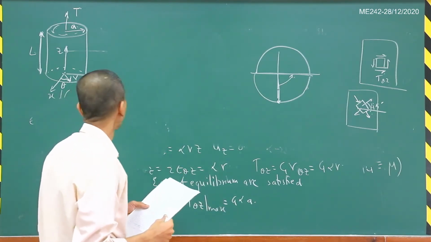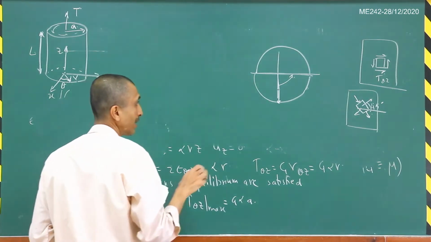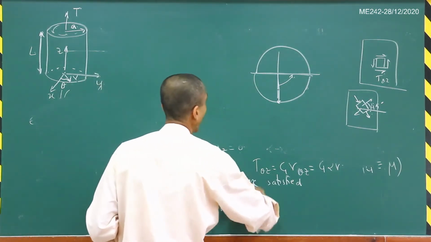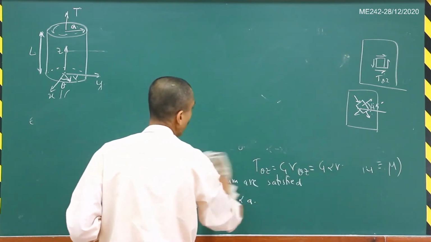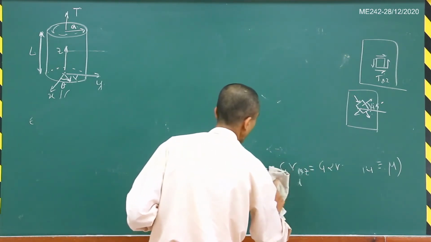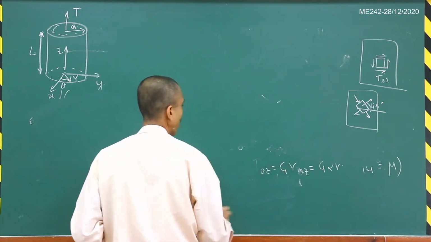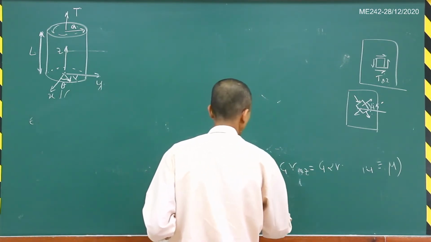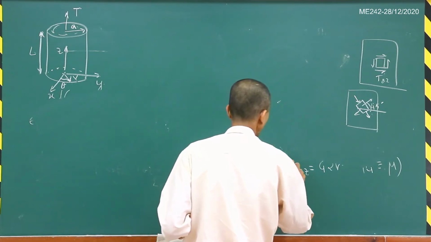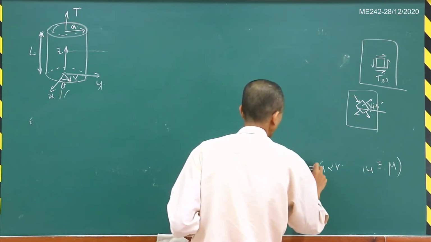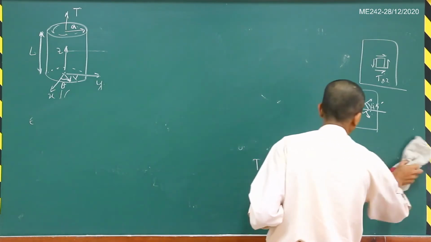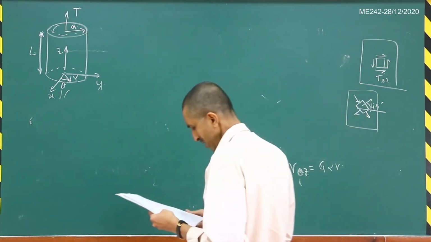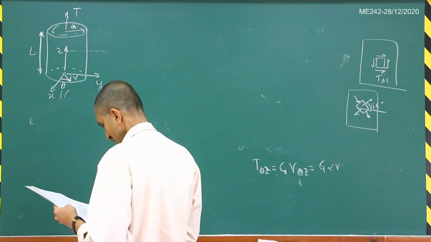Okay, so as I said, we have already verified the equilibrium equations, but we have not verified the boundary conditions. Okay, so let us do that. This tau theta z expression I will keep here. Tau theta z is equal to G times gamma theta z, which is equal to G alpha times r. And what we need to now check is that